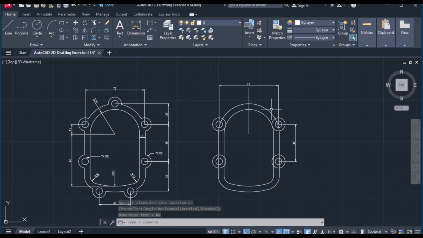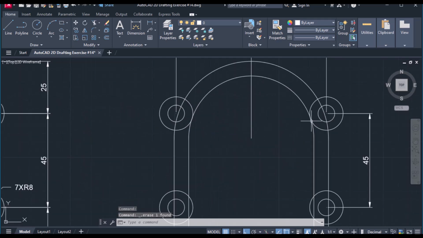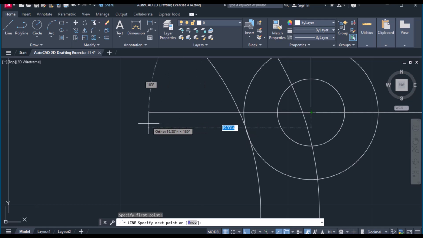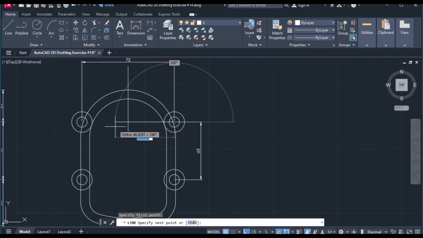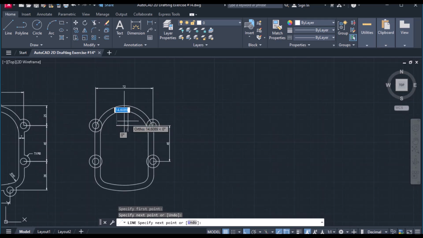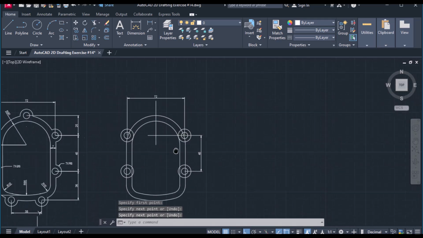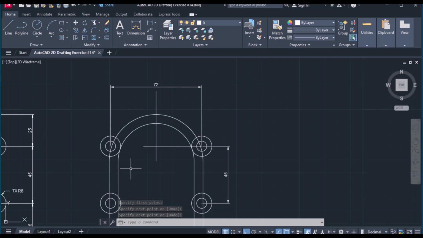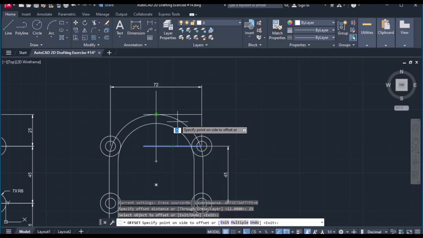Now we want to draw this upper line at 25 units. We'll draw one line from center of this circle to the left, intersecting this, and hit enter, and offset it on the top 25 units. So offset distance 25, select this line and offset it on the top. So we get an intersection,